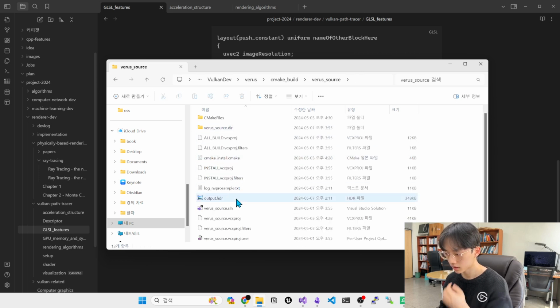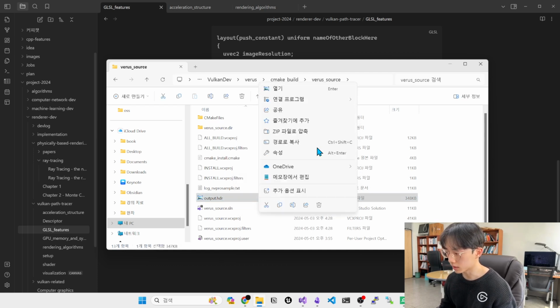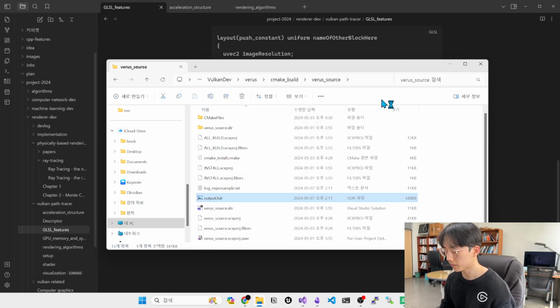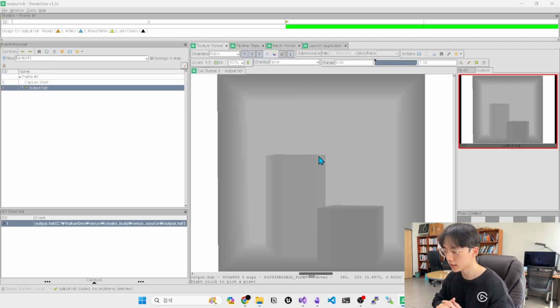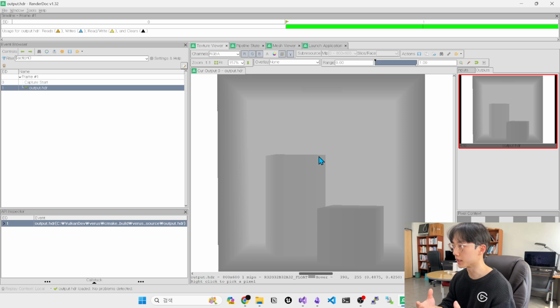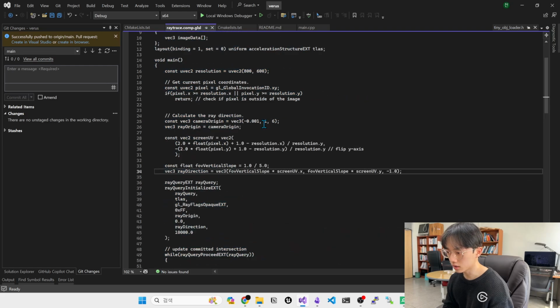So if I run this application with the RenderDoc application, we can see this ray traced image. This is actually not the image rendered by the rasterization pipeline. It is a ray traced image by a compute shader using a rayQuery function. If you see this shader code,